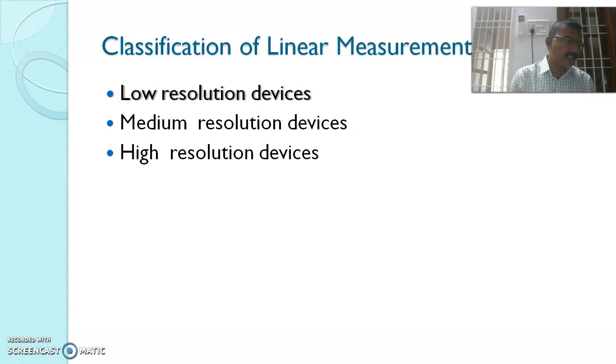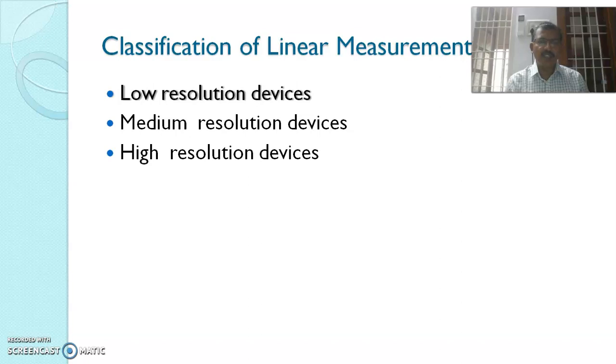Most machine shops and tool rooms need linear measurement applications. Linear measurement devices are used in most machine shops, factories and tool rooms. Mainly the vernier caliper and vernier micrometer are the widely used linear measurement devices. In earlier days, the first instrument used for linear measurement was the steel scale, the steel rule or tape.